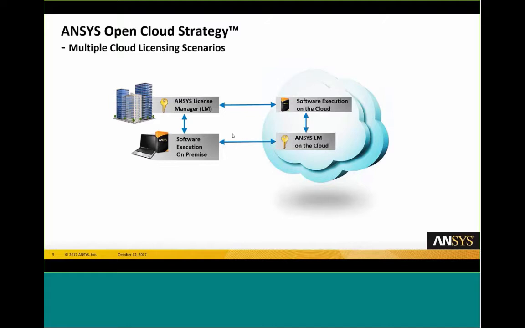We are very open in that regard. As I mentioned, you may also be looking to cloud for peak capacity, where a pay-per-use licensing model would be very attractive. And so here is where our elastic licensing comes into play.